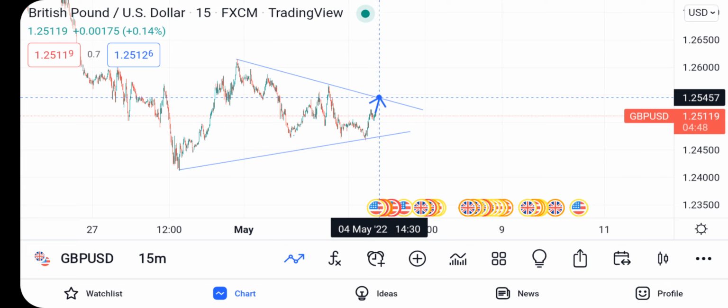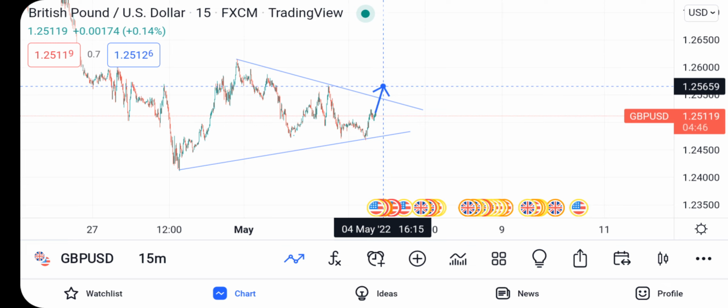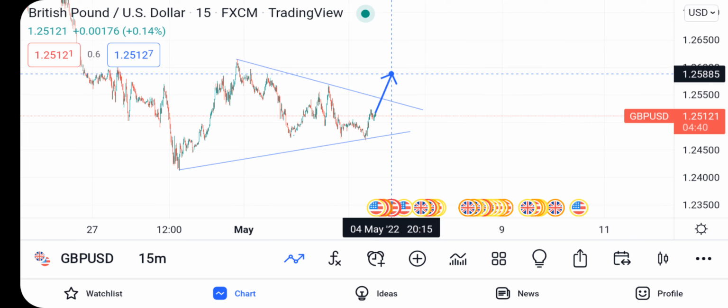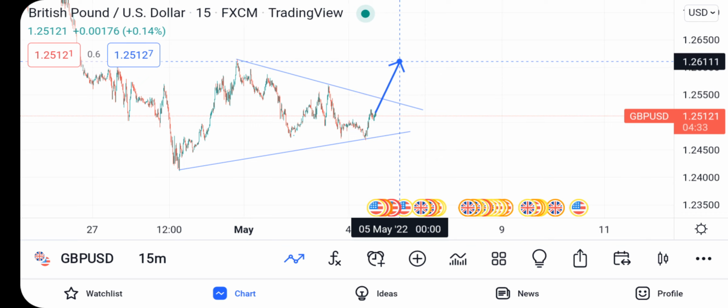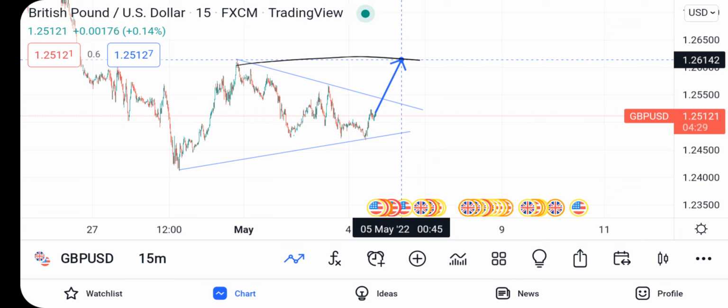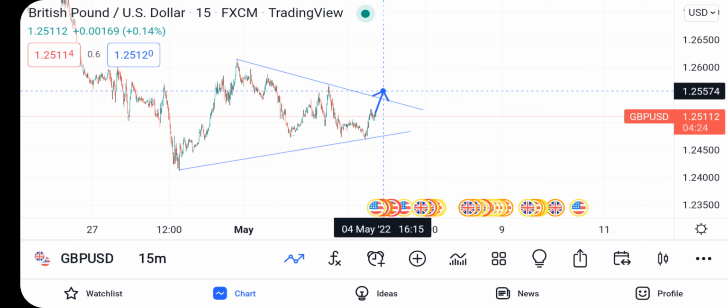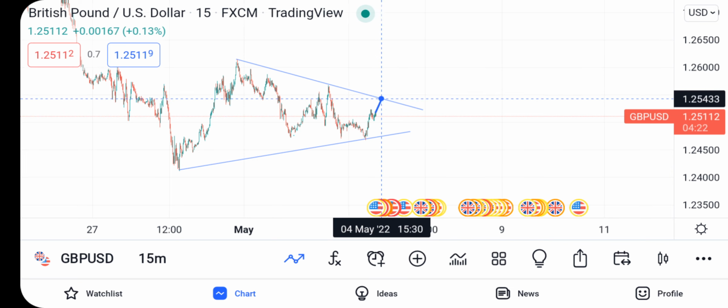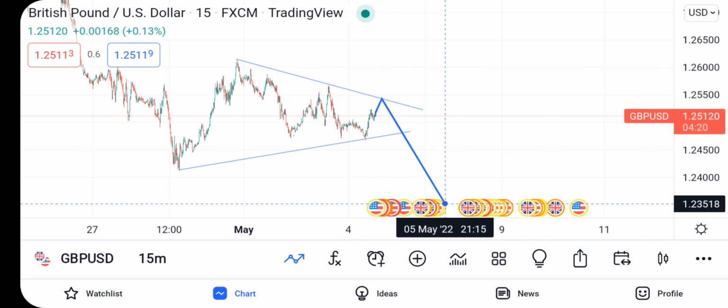Okay, or else the market comes here and makes a double top there and shoots the downside. Or again, the market can go up there and make this double top there and shoot the downside. Or again, it can come top here and make this double top there again, and shoot the downside. But for now, I'll look at a sell there. Okay, that is my forecasting on this